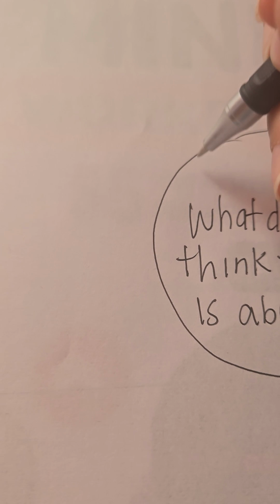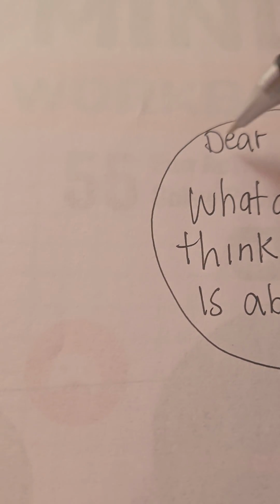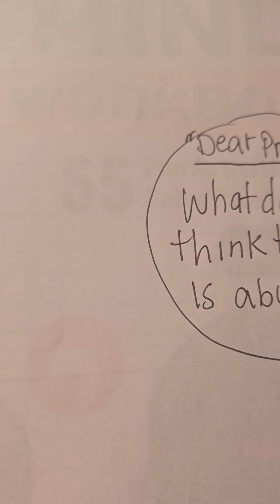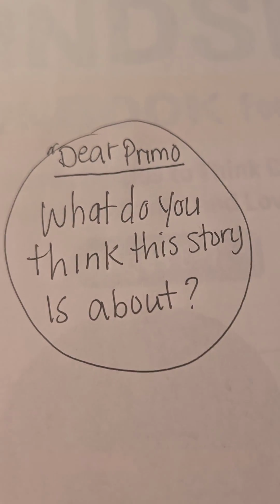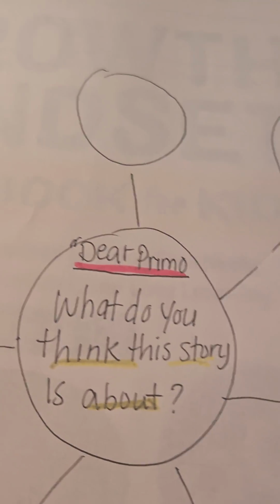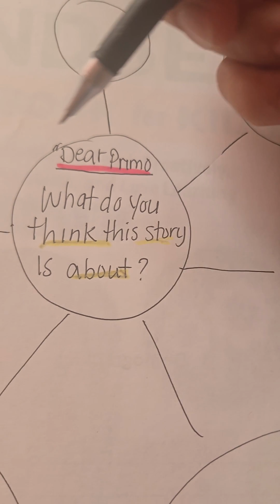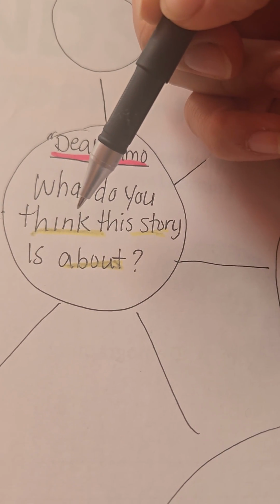Now, we could also have the story name on the top. This one is called Dear Primo. That's the name of the story. And we're going to go ahead and underline that right there since it's the name of the story. So just a quick recap. We can write the title of the story here,